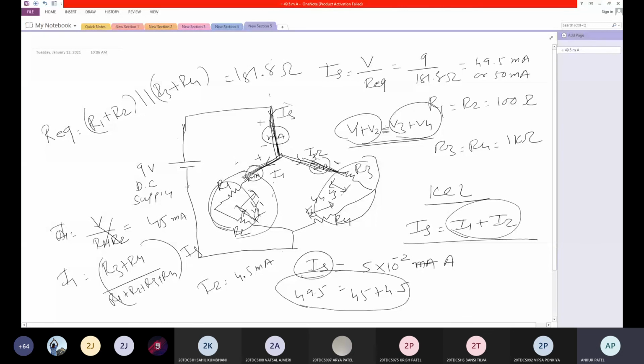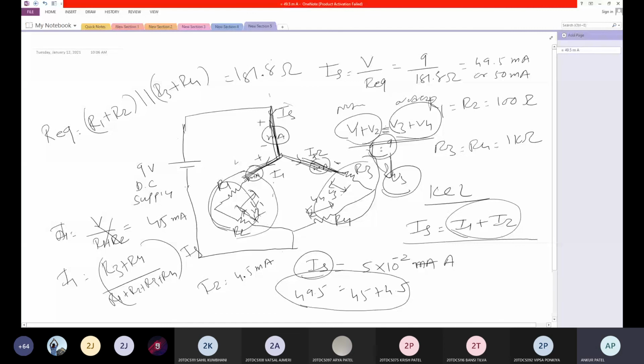This is node 1, this is node 2, and that should be equal to this Vs. So you will get 9 on both, and that is equal to Vs. Are you getting me? Yes, sir. So how do we find V1, V2, V3, V4 theoretically? Anyone have an idea?